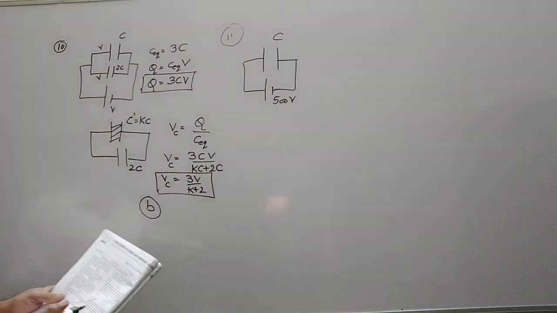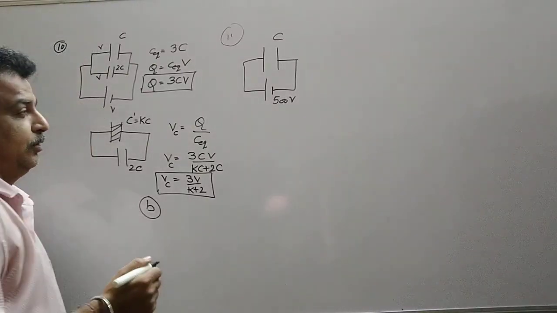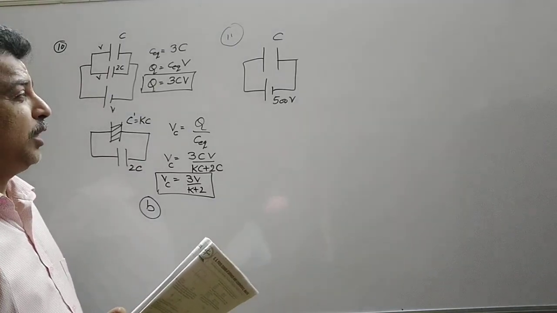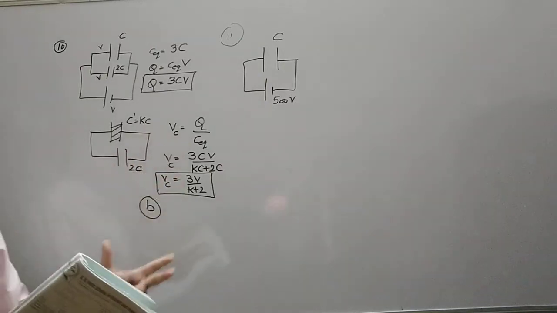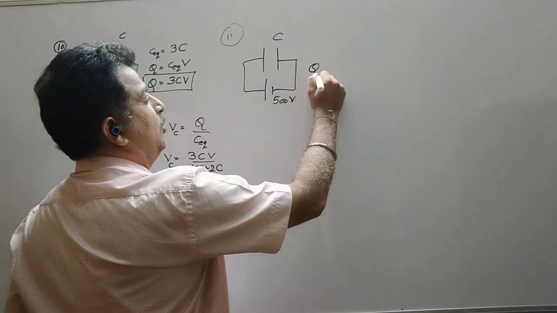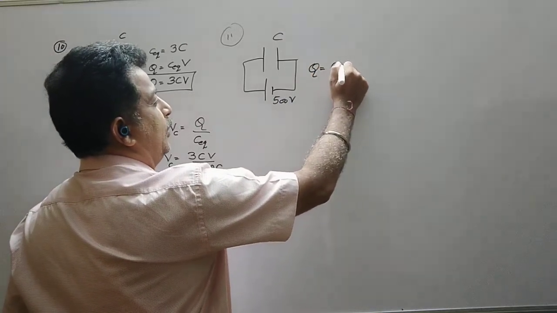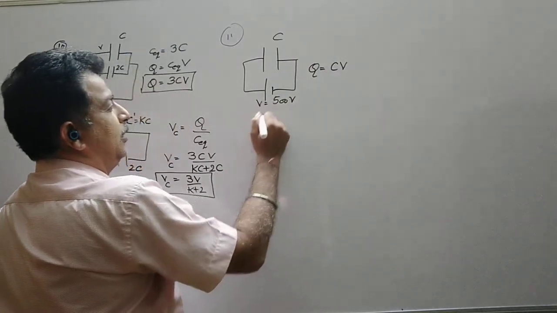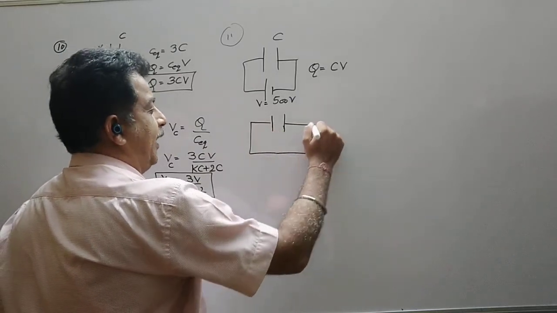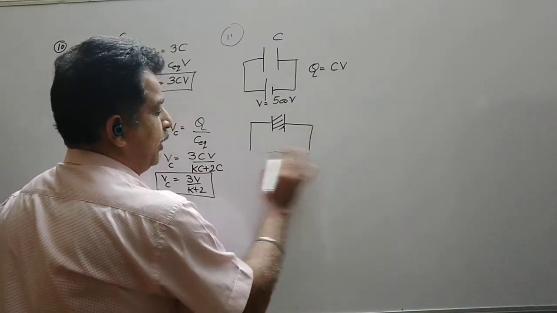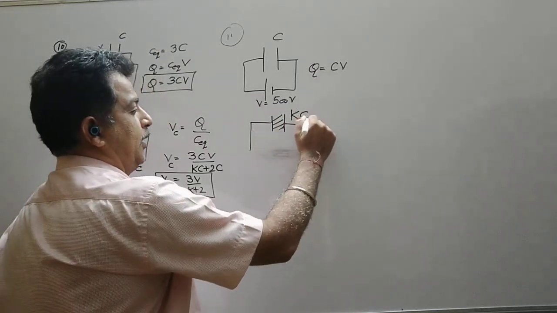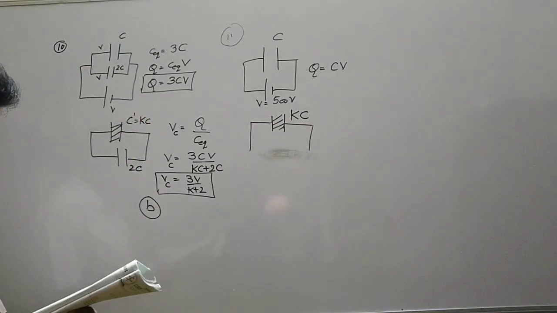The dielectric constant of it. So again the battery is removed. So total charge in both the cases should be equal. So what will be the charge deposited on it? Initially the charge is Q is equal to C into V. Say this is V. Now when it is insulated, or you say the battery is removed, and a dielectric is introduced, its capacitance becomes K times. This is the new capacitance.